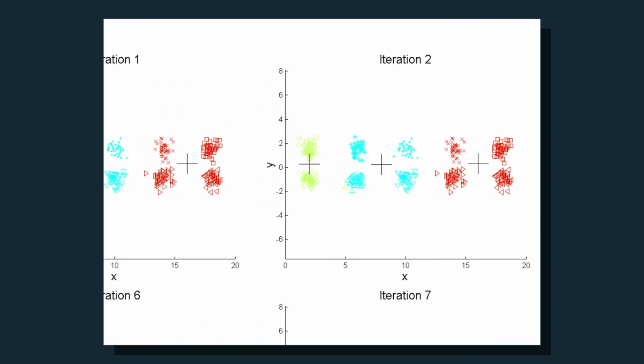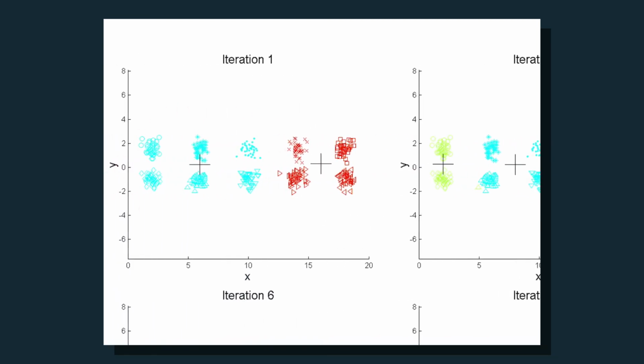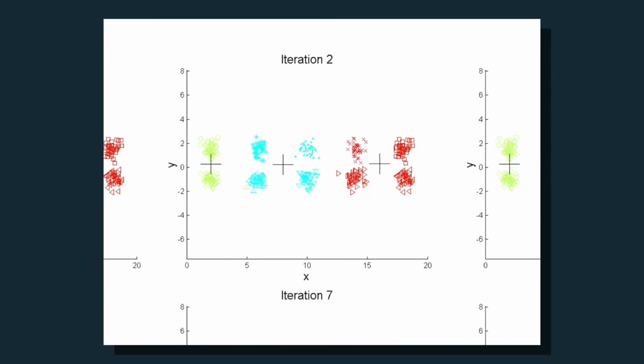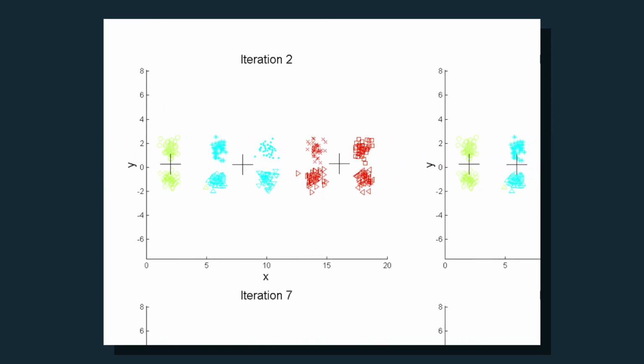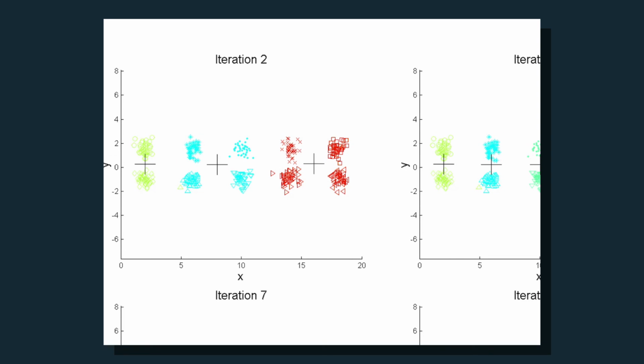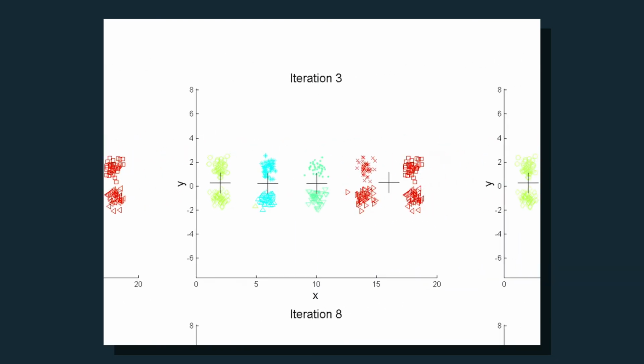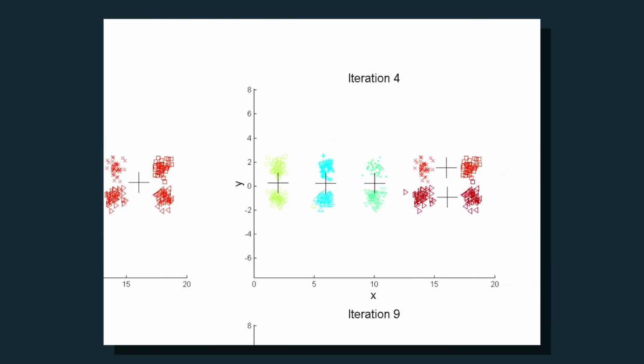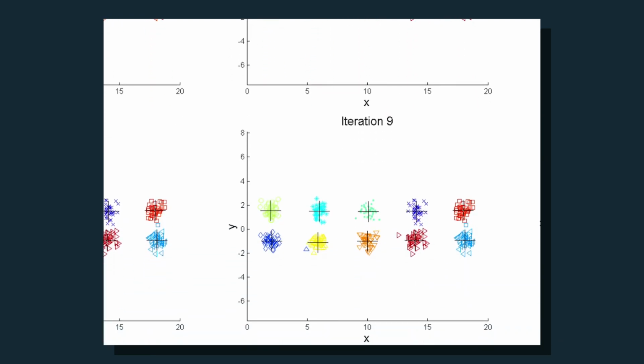So the original two clusters, this one stays. We don't touch that. We bisect the larger one. So now we're done in the second iteration. Now we pick again. Let's say we pick, in this case, this one, and run k-means with k of 2 on this one. It bisects again, and you keep doing this, and hopefully at the end,